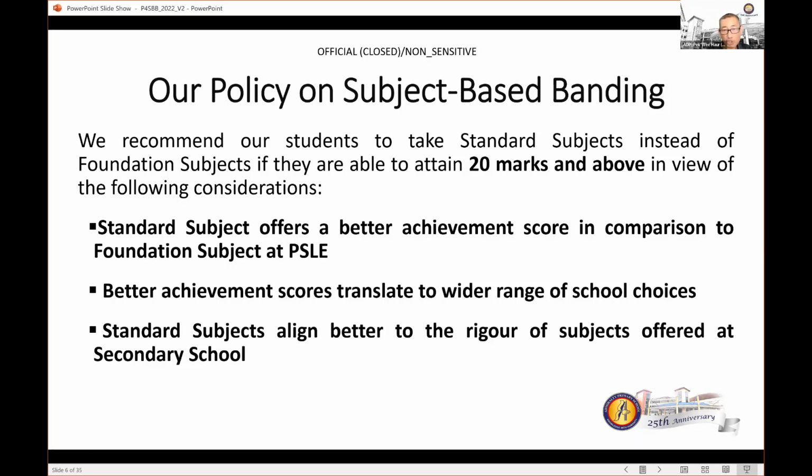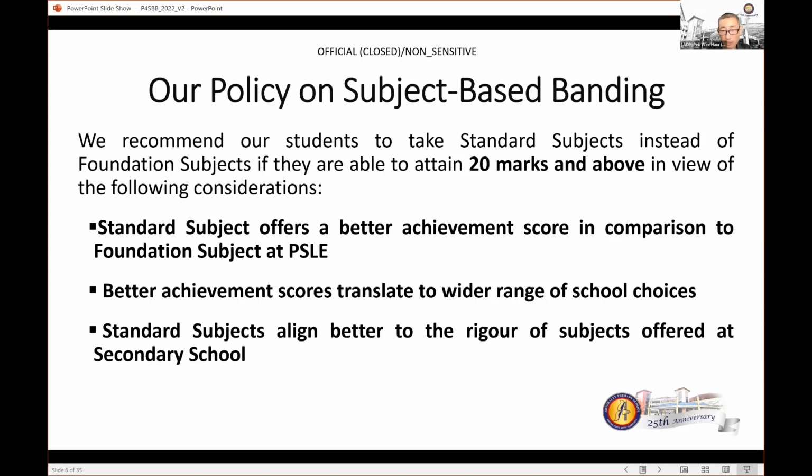If the child is above 20 marks, straight away, no questions asked, we will put them in standard subjects. But if the child scores below 20 marks, that's when the teachers, the year heads, the HODs will come in and make the decision